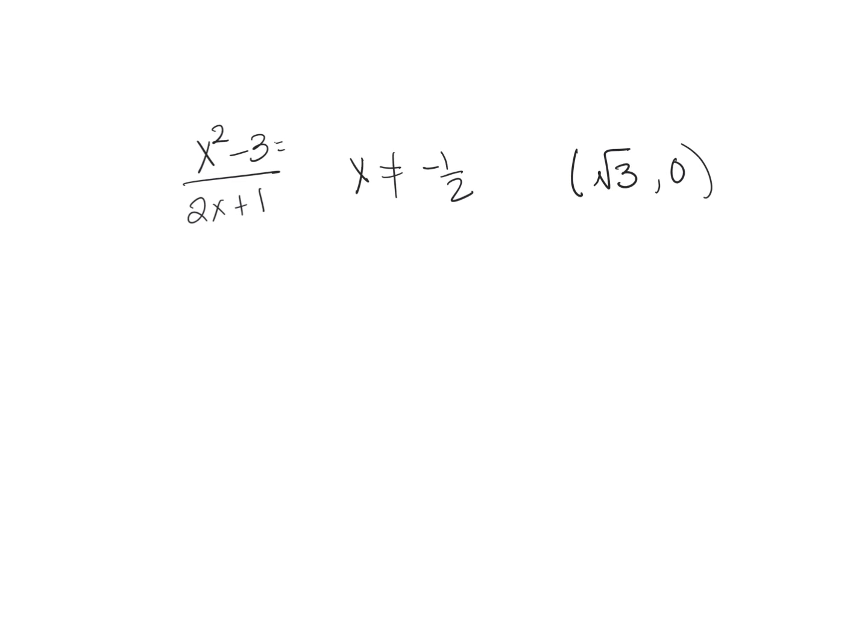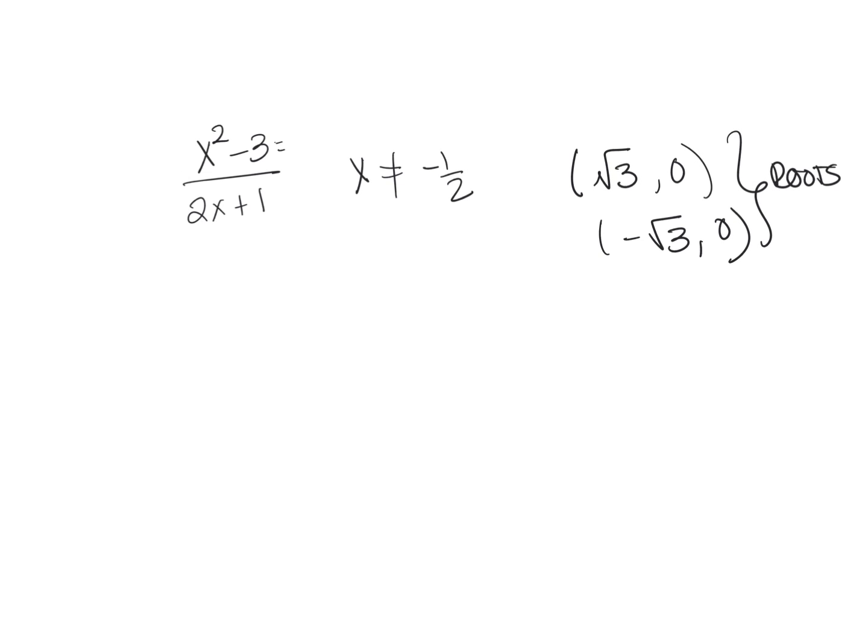So we have another one. Let's take a look at this last situation where you have the degree in the top bigger than the degree on the bottom. So first of all, where is my domain? I would say, well, x cannot be -1/2 because that's going to make the bottom 0. Where are my zeros? I'm having zeros when the top is 0. So if I put in the square root of 3, I would get 0. And if I put in -√3, I'd get 0. So those are my roots,